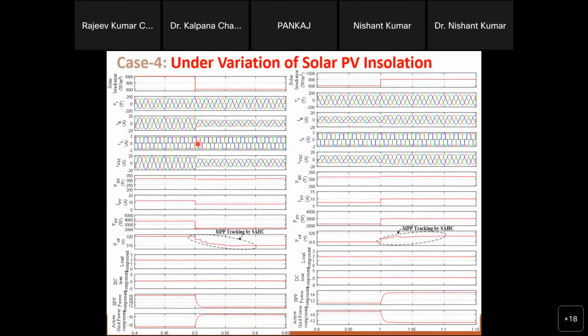The load is taking the same amount of power according to the load demand, but only this one is changing, and this is changing. That's why the VSC is also changing, and that's why the grid current reference component is also changing accordingly. Similarly, you will see here this has increased, so the grid current reference is also increased, like that, from here to here. If you compare this and then this, you will see this is increasing, right? But the load is balanced here.